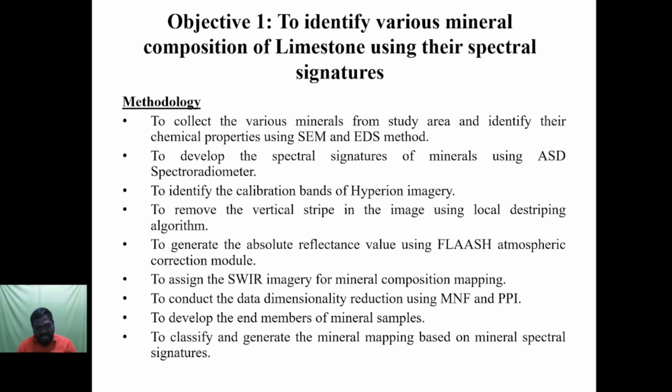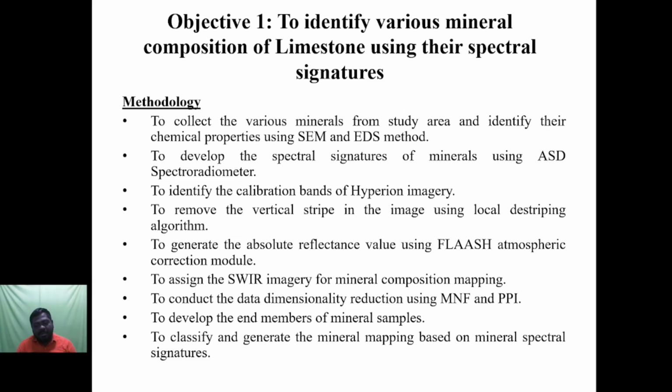VNIR means the very near infrared region. So visible and VNIR are used for mineral composition mapping and vegetation composition mapping. At the same time, the shortwave infrared region, from 1200 nanometer to 2500 nanometer, is used to identify